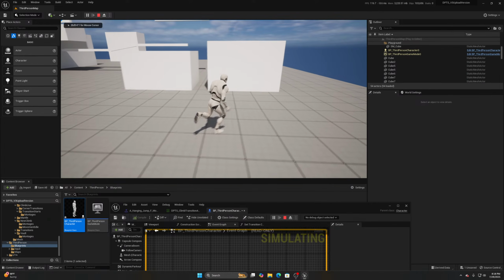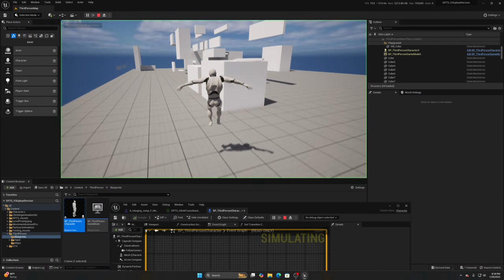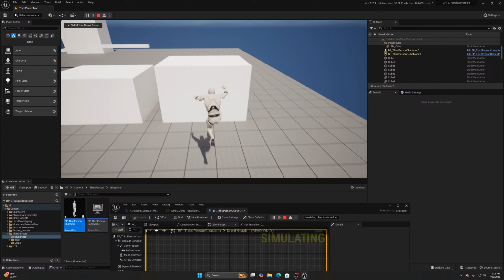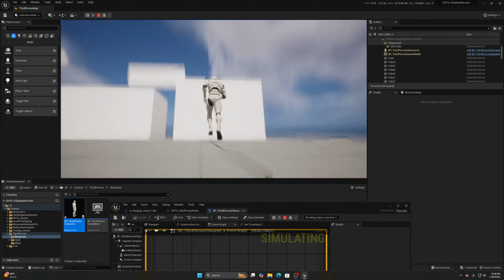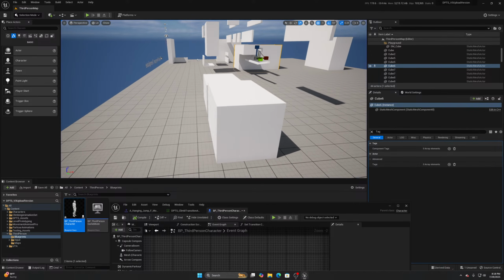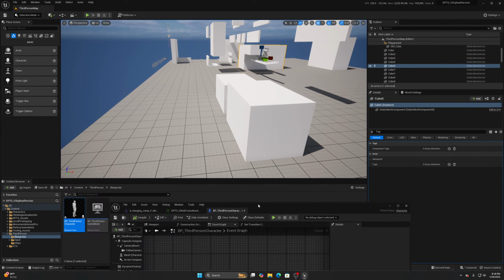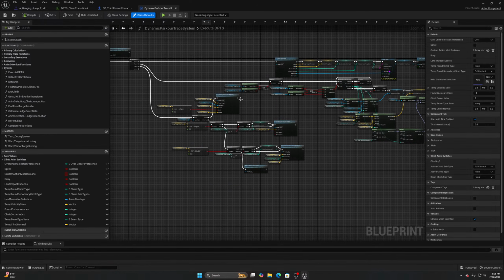Now, as far as if you were to be falling and you hit the flat surface of the wall, right now, as you can see here, if I hit the flat surface of the wall, it doesn't work. But if I go a little closer to it and get a little higher up, it does attach. Now, the reason for this is, let me actually pull up